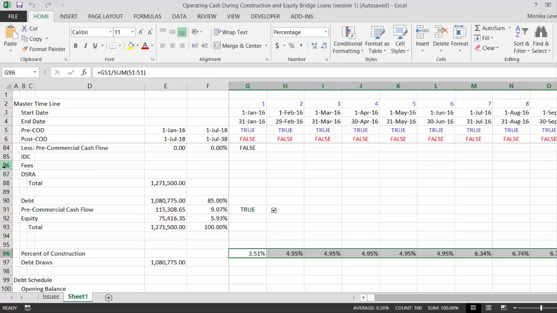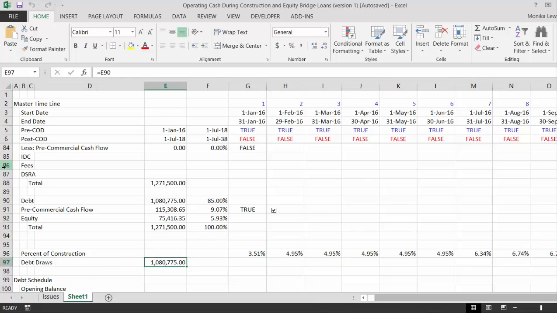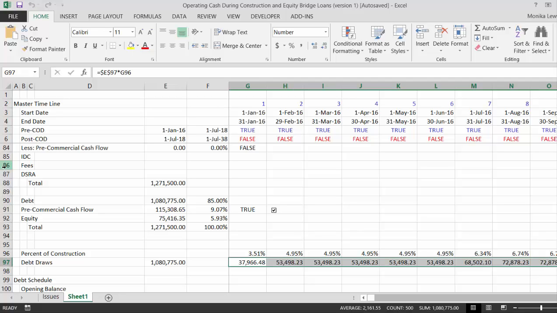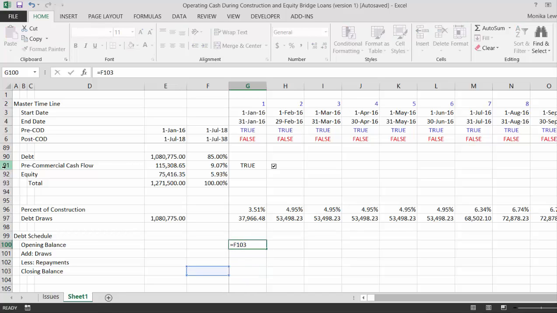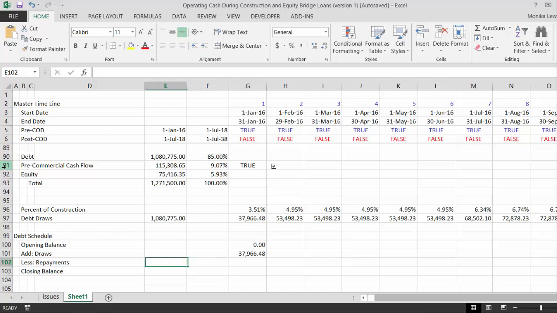It has nothing to do with that percentage of time. It's just because I've got 500 columns. Okay, F4 times the rate. Okay, and then our debt schedule. Let's put our opening balance equal to the closing balance, and put the draws in here, and then the repayments are the total amount of the debt we have, and we do this over